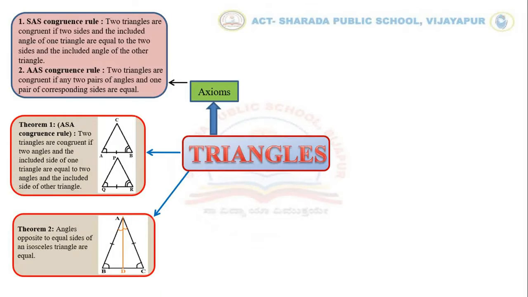Theorem 2. Angles opposite to equal sides of an isosceles triangle are equal. We know that a triangle is said to be an isosceles triangle if any two sides of the triangle are equal. We can see here in the triangle ABC, AB side is equal to AC side. And according to the theorem, the angles opposite to the equal sides, that is angle B, is equal to angle